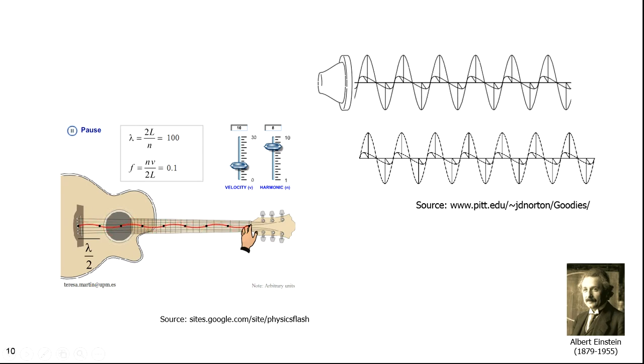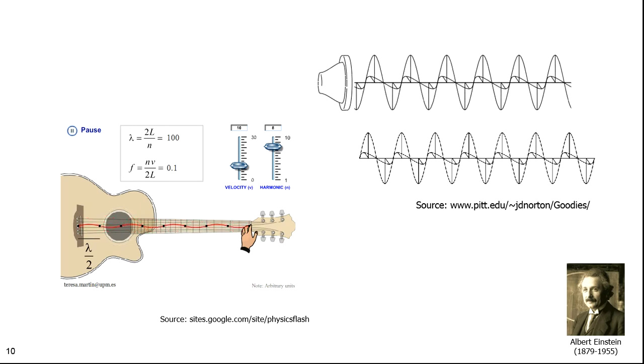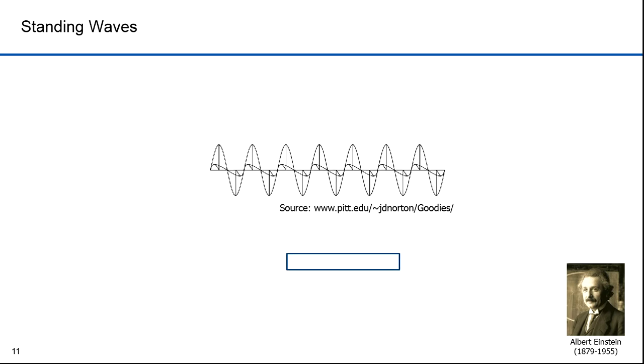If you're playing a guitar, the vibrations of the strings are standing waves. Einstein suggested that standing light waves were not possible. Let's say we turn on a light here. It travels at 299,792,458 meters per second. Let's now say we're observing the light in this lower frame of reference. We're located at the smiley face.